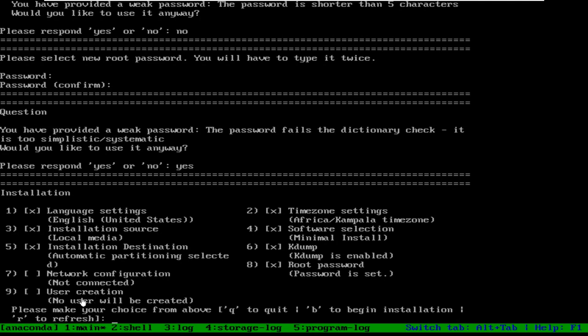Now why will it not force me? Because I am using the minimum installation, that means command line installation. So when I start the machine, it will be on command line. It is not easy for anyone to do anything in command line. Remember, command line is also a layer of security. That means if you know the commands, then you can do anything. If you don't know the commands, you can't do anything. So if I don't create this user account, it is okay.